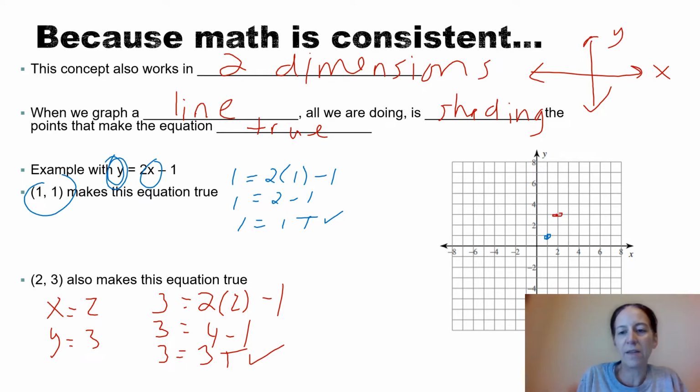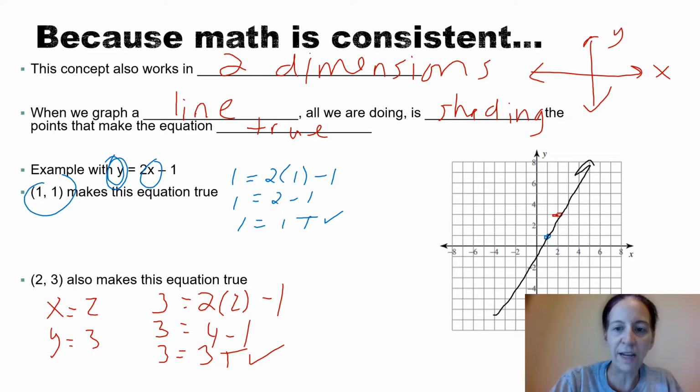Now, what we know to be true is that there's actually an infinite number of points that are going to make that particular equation true. It's not just those points. We could keep doing this forever. Not every point on the coordinate plane makes it true, but I don't want to get into subsets of infinity. What we typically do is, once we have enough points to see the pattern,